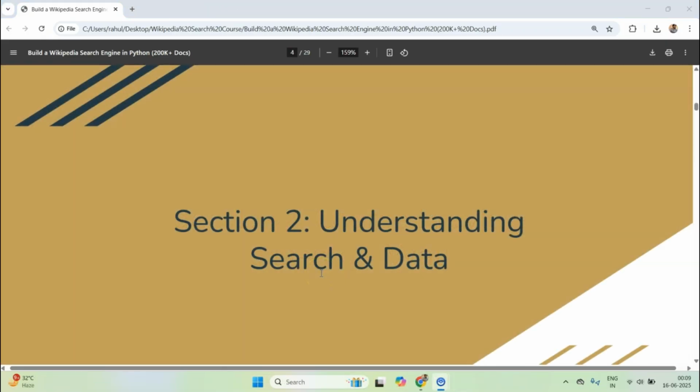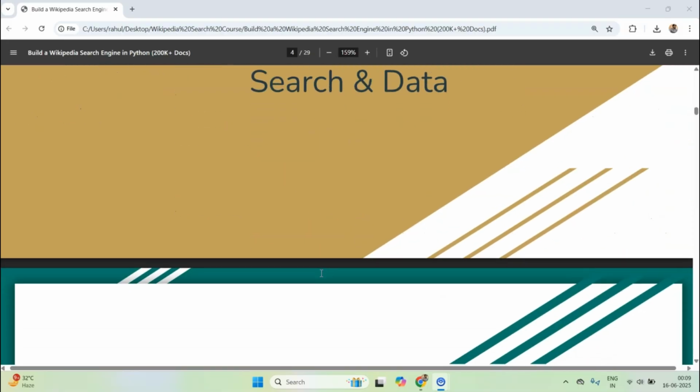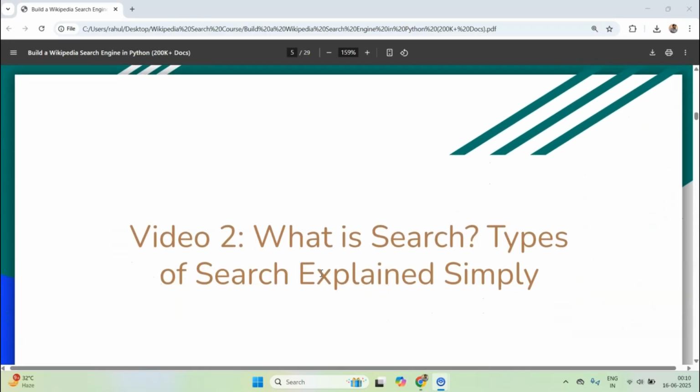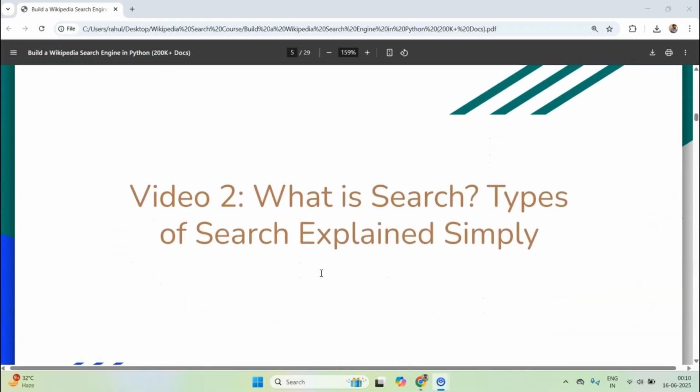Before we start building our search engine, let's take a quick moment to understand what search actually means. I know it sounds obvious, you type something and you get results. But under the hood, search is a fascinating blend of language, mathematics and clever indexing. At its core, search is the task of retrieving relevant information from a large collection of documents based on a user's query.